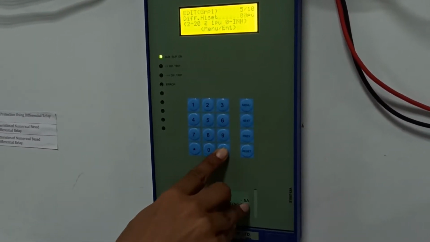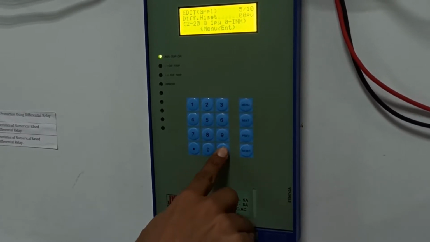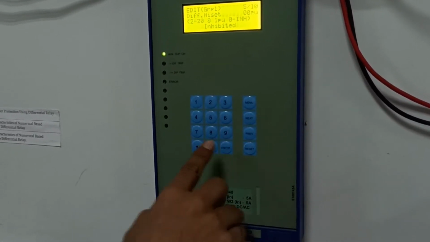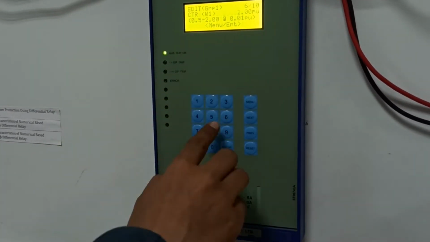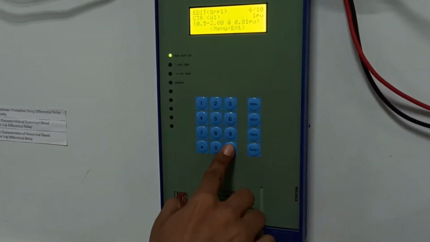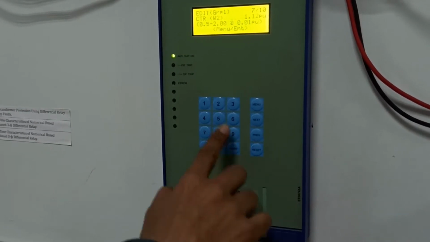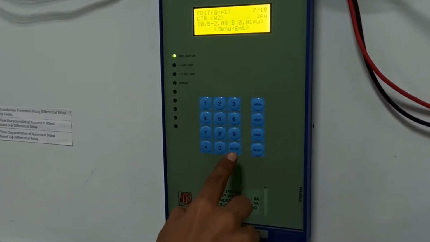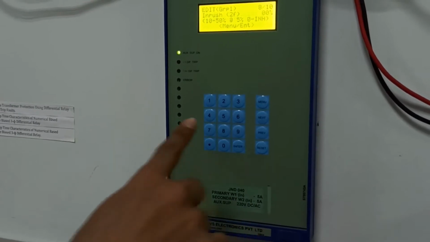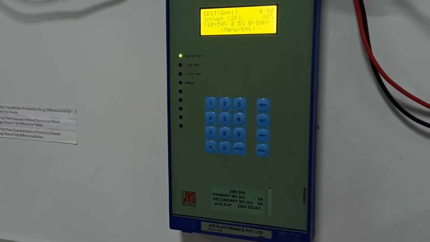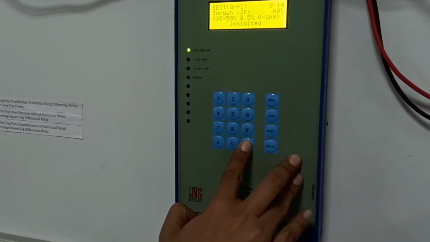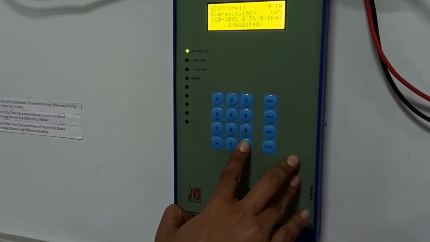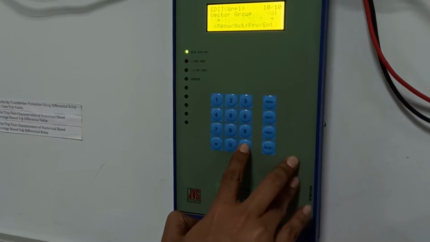Differential 0, enter. CTRW1 set here 1, enter. CTRW2 here also set 1, enter. Now inverse 0, enter. Over excitation 0, enter.